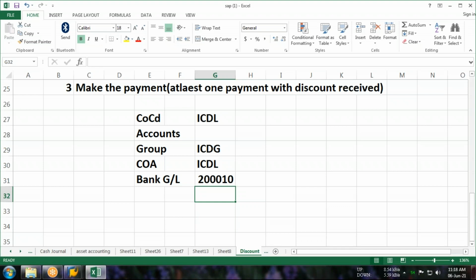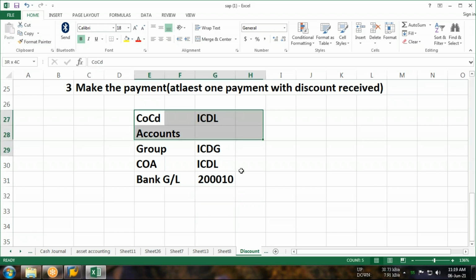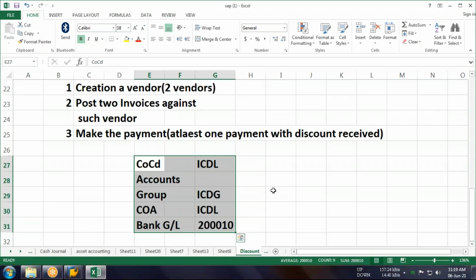One is printing and stationery, another is transportation. Remember, in case of transportation, assign the vendor with the discount term and then release their payment. A vendor that does not have any discount term will be no problem at all. If there is a discount term in the vendor, the discount will be calculated automatically. You can use such credentials to practice with the help of this video.